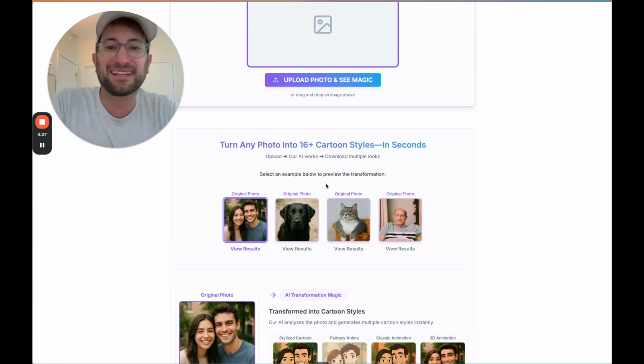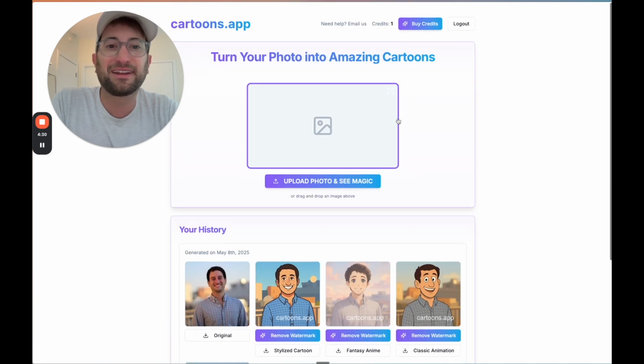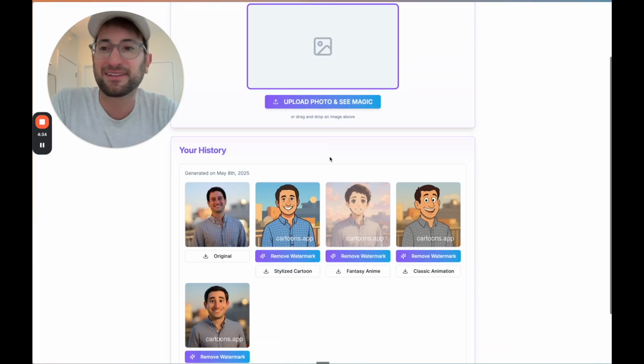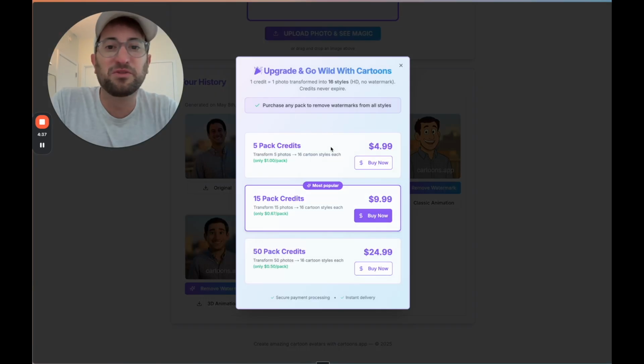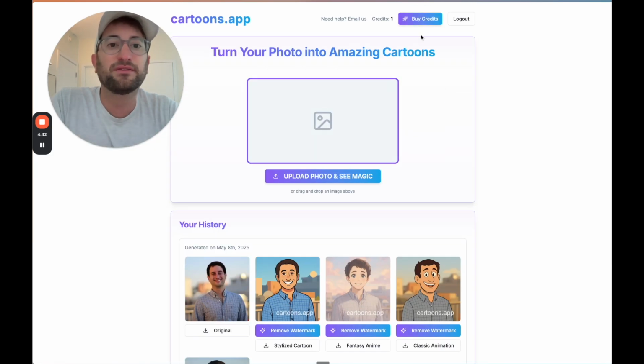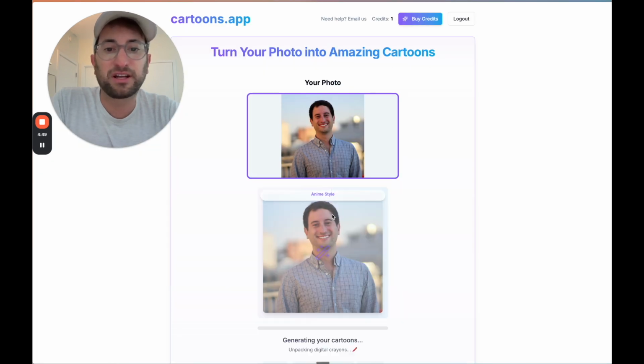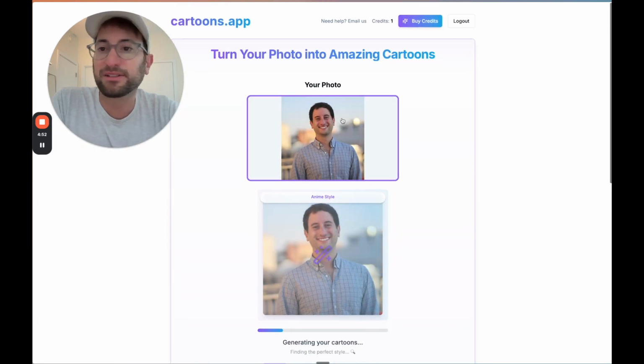And then the idea is that to generate more photos, there we go. Now it's all showing up. So remove watermark should work there. So I just have to make sure that that's fixed. But yeah, so you can remove watermark by buying any of the packs, or if you want to generate more photos, if I put a photo in here, if I click generate cartoon version,